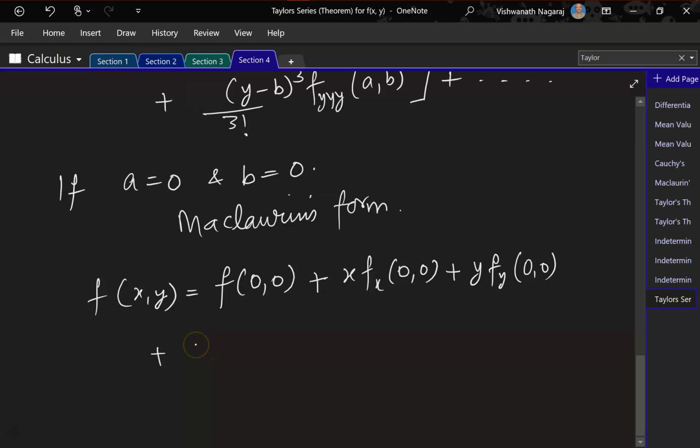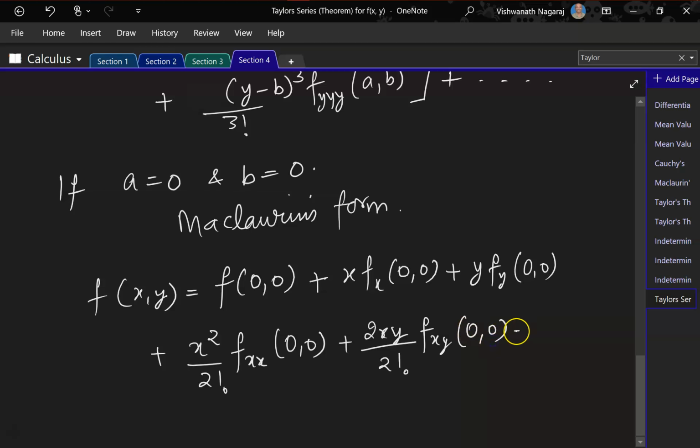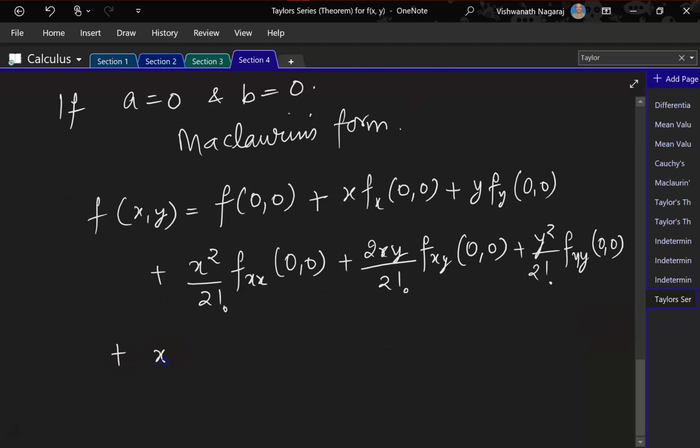We have x minus a square, a is 0, so x square by 2 factorial f_xx(0, 0) plus 2xy by 2 factorial f_xy(0, 0) plus y square by 2 factorial f_yy(0, 0) plus x cube by 3 factorial f_xxx(0, 0) plus